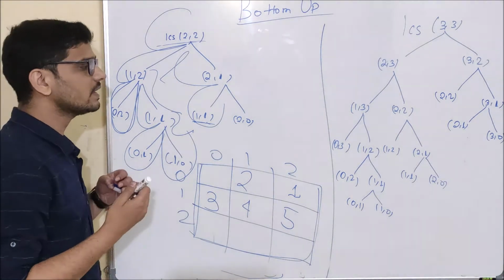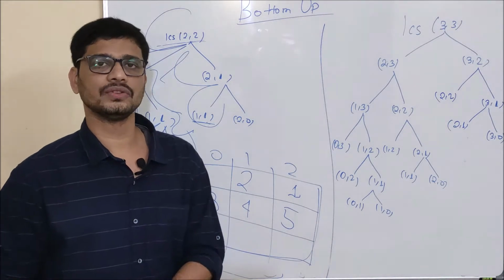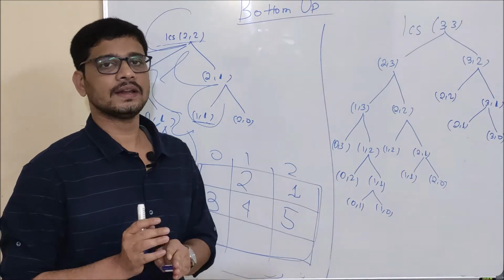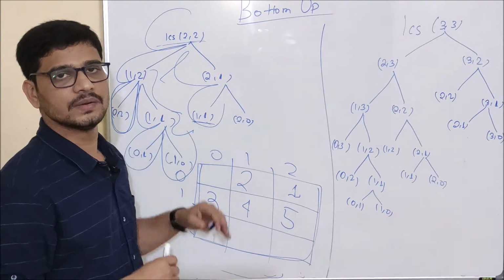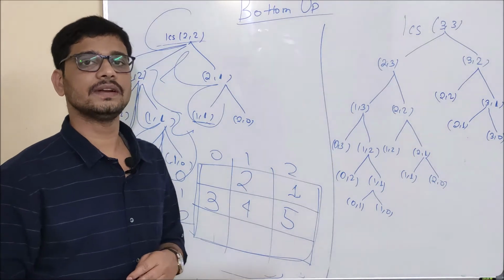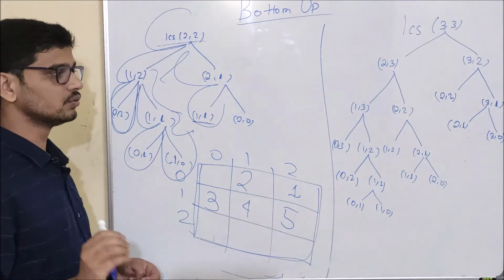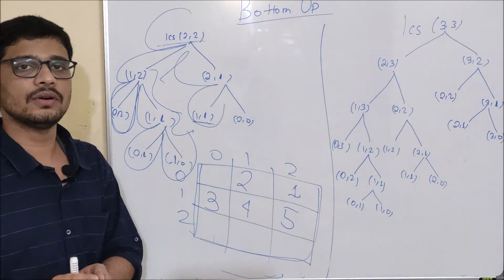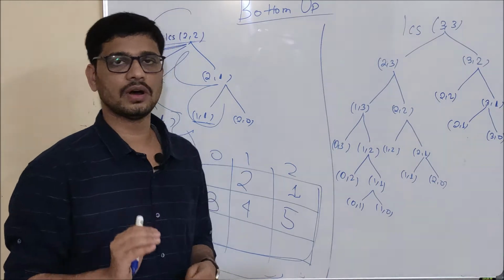One more thing, as you can see here, I have not drawn this tree. Why? Because whether I use the top-down approach or the recursive approach, the topological order is going to be the same. What we are doing in the top-down approach is removing the duplicate problem, that is, when it would be calculated a second or third time, we are just using the calculated value. So the topological order will be the same and our tree for analysis will be small.